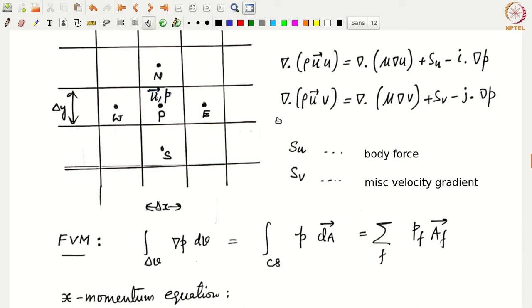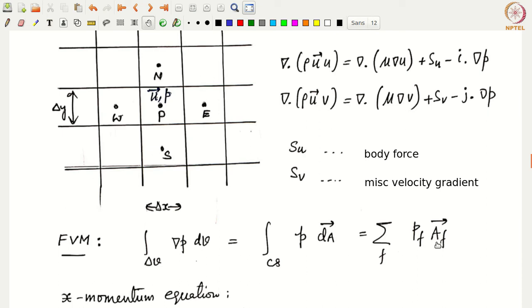So if we were to apply finite volume method, the first step is to integrate it on a control volume. So if we take delta v as the volume of the cell P, this will be integral over delta v of grad p dv, right? Again, invoking Gauss divergence theorem, we can write this as integral over the control surface of p dA bar. That equals, assuming that the pressure on the faces is constant and the face centroid value can be used to represent that pressure on the face, with p little e, p little w, and similarly p little n and p little s, a summation over all the faces east, west, north, south, of pf times Af bar. That is the pressure on each of the faces times the Af bar.